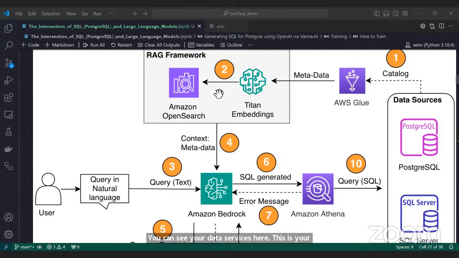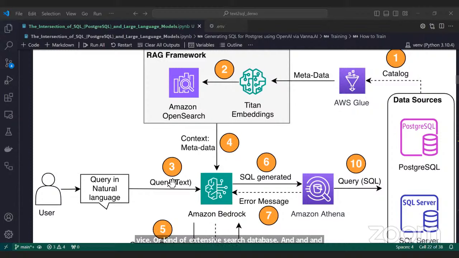This is where you have your embeddings, and obviously you have the OpenSearch, which is quite similar to the Elasticsearch service for carrying out extensive search database. And what you have here is it then feeds into the query, right?